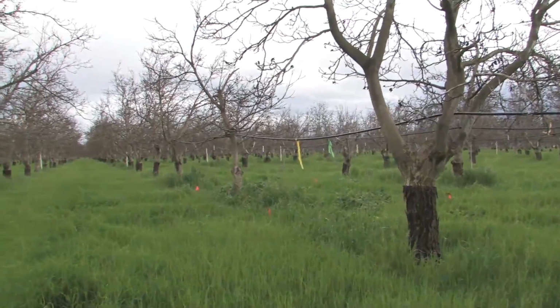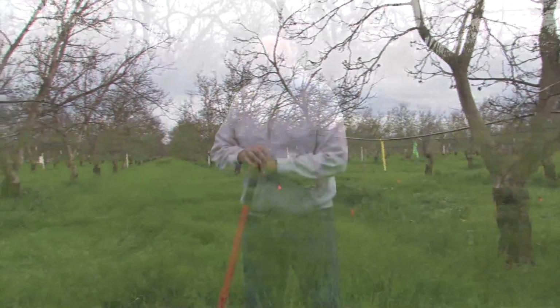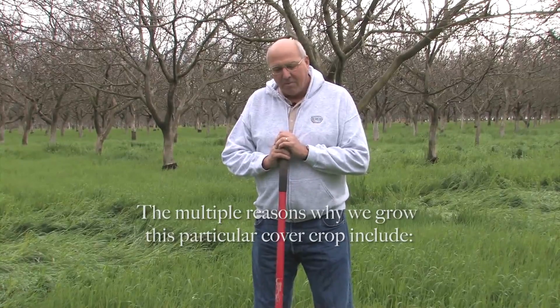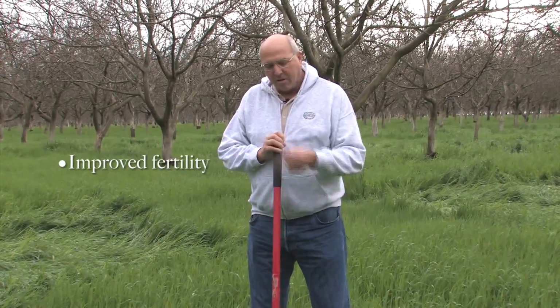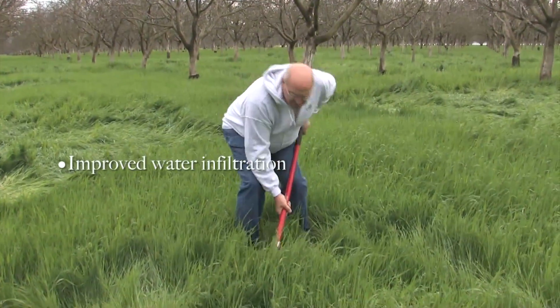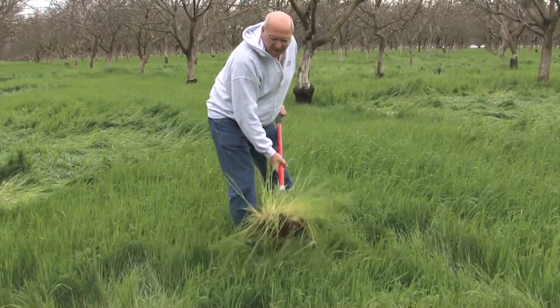This is a cover crop that we plant in our orchards. It's actually part of the EQIP program that we seeded this orchard with. There are multiple reasons why we grow this particular cover crop, but one of them is fertility. There are legumes in this cover crop mix. But also what we're talking about is infiltration of water and how a cover crop can actually enhance that infiltration